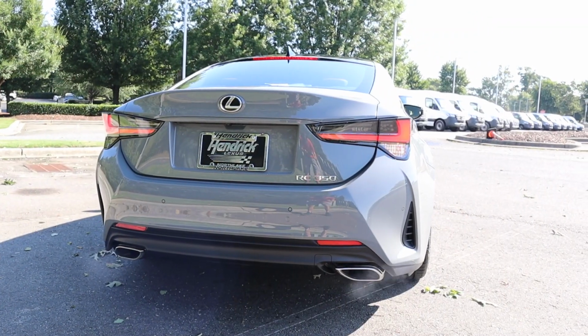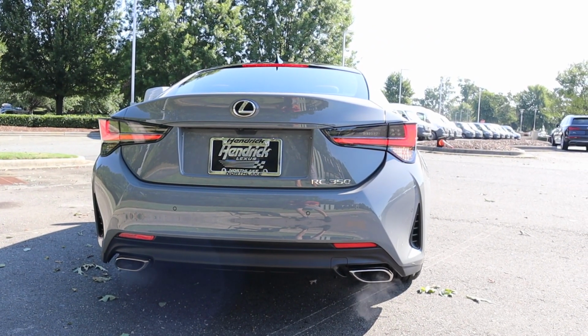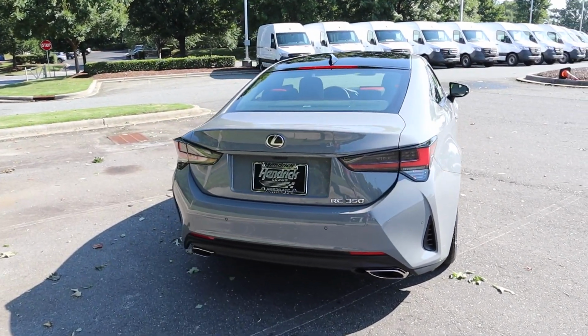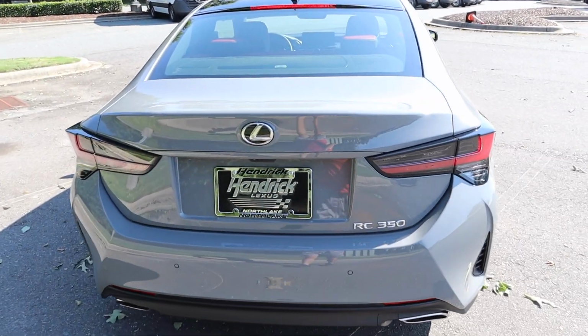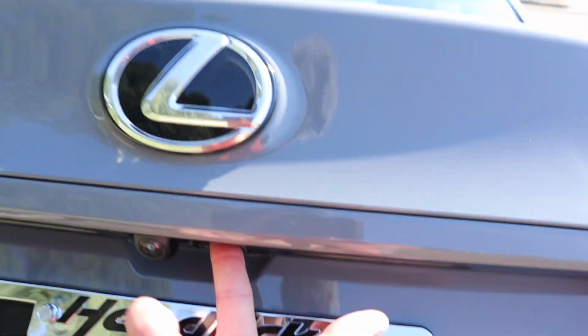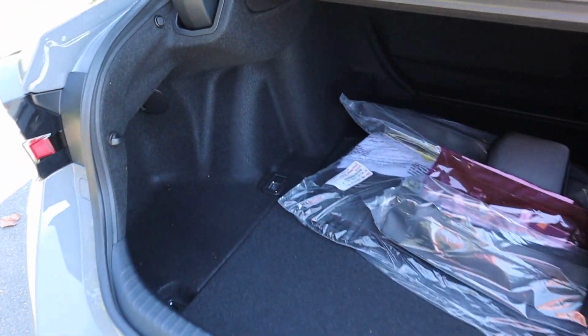In back, this does have LED taillights, backup camera with all these sensors. There's some trim pieces on both sides just to match up front, and then the dual exhaust with some plastic in that diffuser. Now as we work our way to the trunk, you can use the button on the key fob. There is one just underneath that Lexus badge next to the backup camera, and we have a good amount